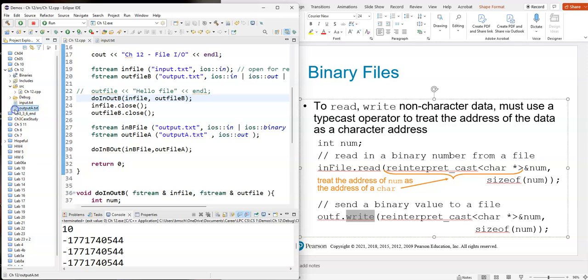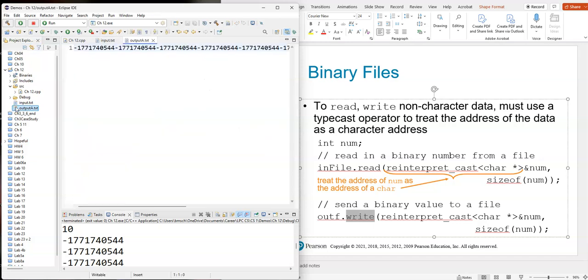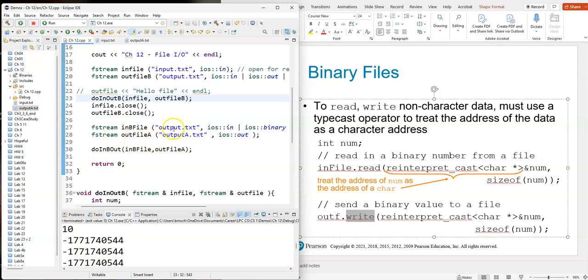We got output A, but I don't see output. Where did output go? We got these weird numbers in it, so those are ASCII written. So that's an ASCII file. It's supposed to be an ASCII file, but it didn't read properly from my input or my output.txt file. Did I do the right thing? Let's take a look. Maybe I read the wrong file in